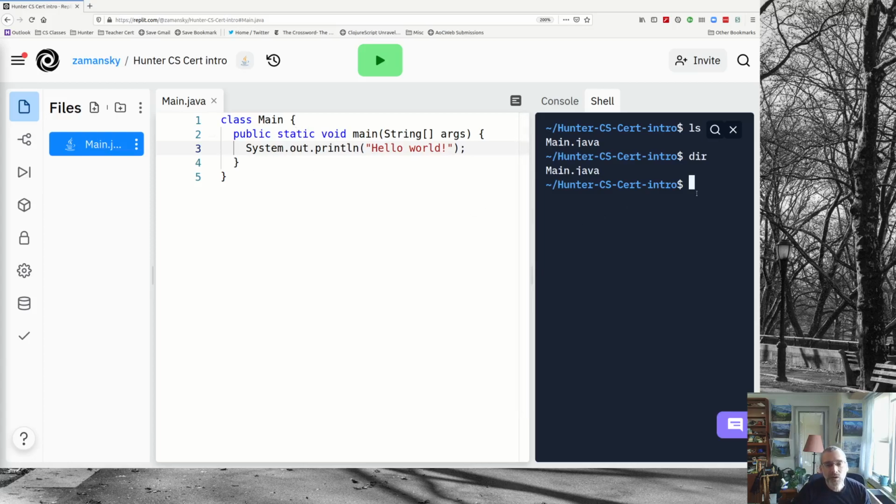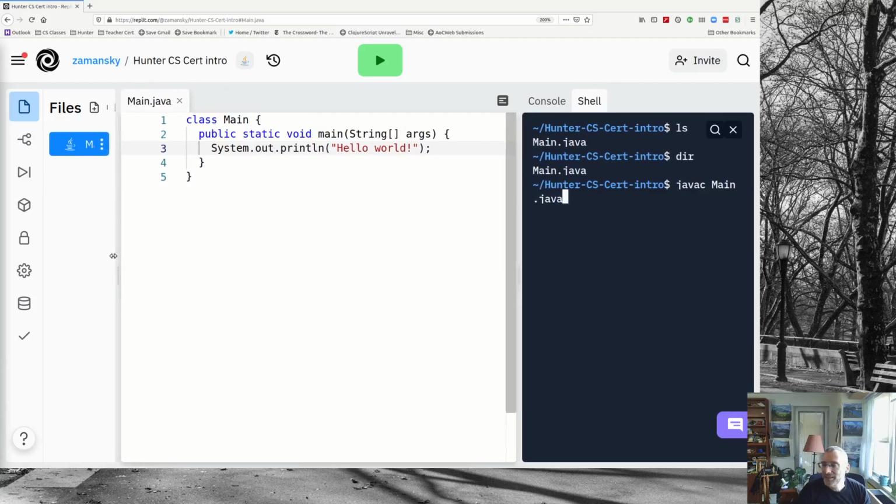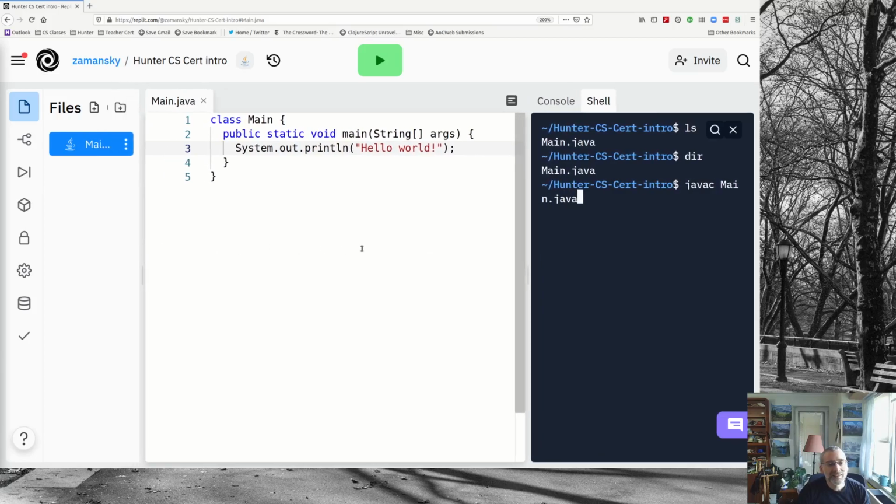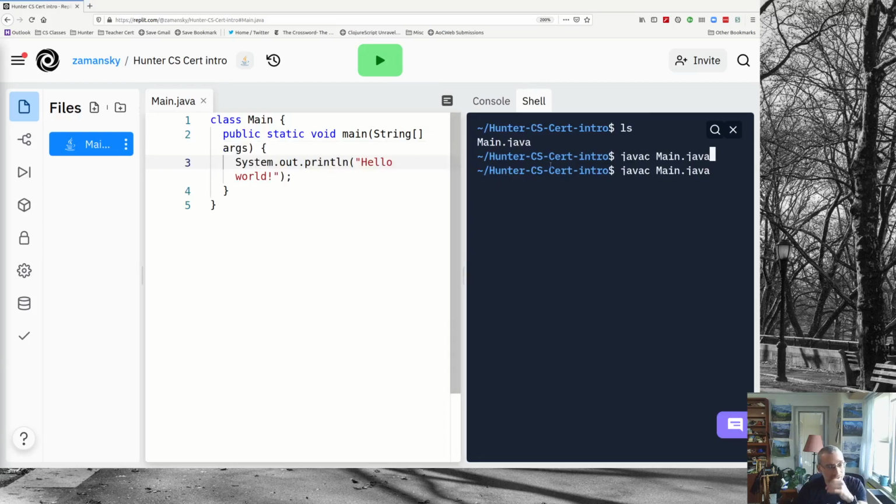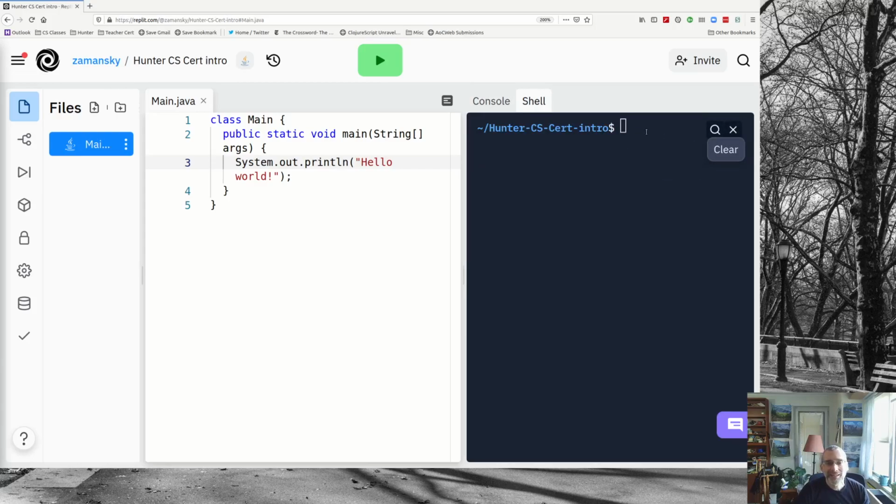Now, if I wanted to run this program, I first have to compile it. And I compile it by running the command javac main.java. And I'm going to see if I can adjust some window sizes here. Yeah, that just wraps, unfortunately. So I'm going to type javac, and this just got a little wonky. Let me see if I can come back. Now, can I exit? Yeah, there we go. That clears it. So if I do get my directory with ls, and if I write javac for Java compile main.java,